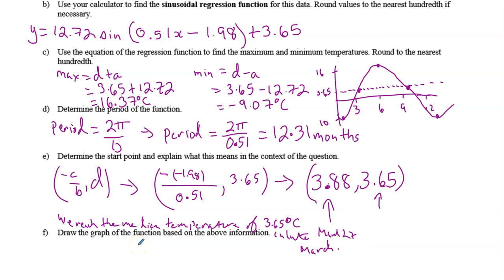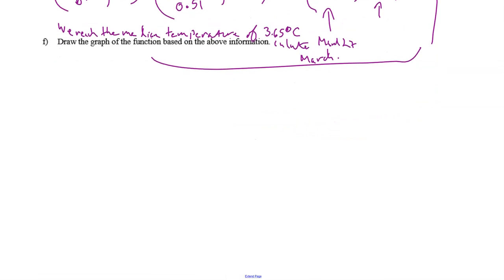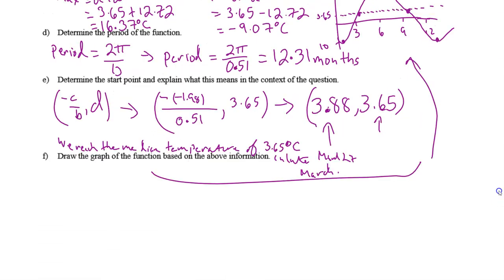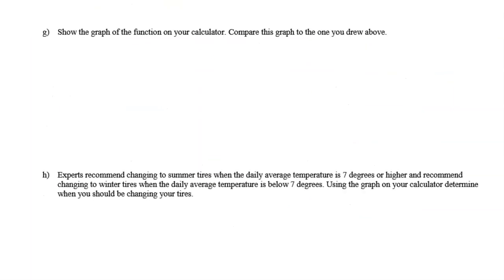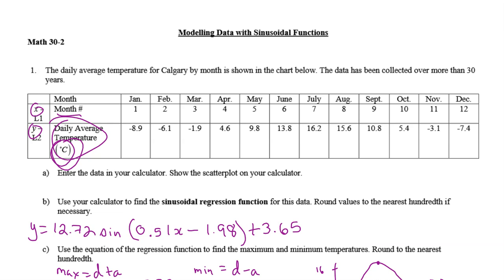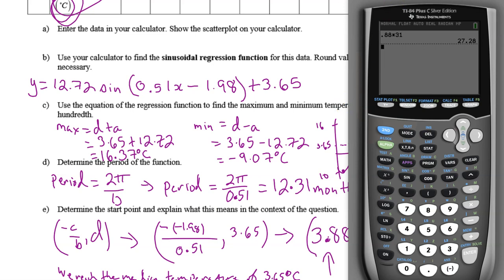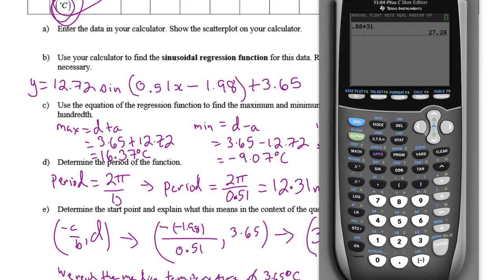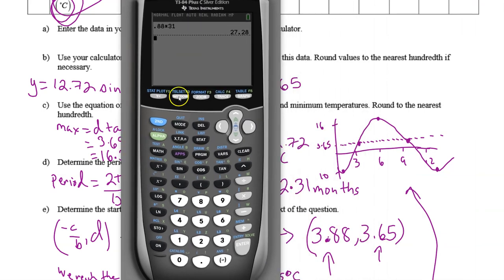Draw the graph of the function based on the above information. Okay, we did that. There it is. Oh, and I gave lots of room for it down there, eh? Oh well, it's there. Show the graph of the function on your calculator and compare it to the one you drew. Okay. So let's go to the calculator, and I'm going to move that over so we can see the function, which I should have drawn in all the space available, but so we